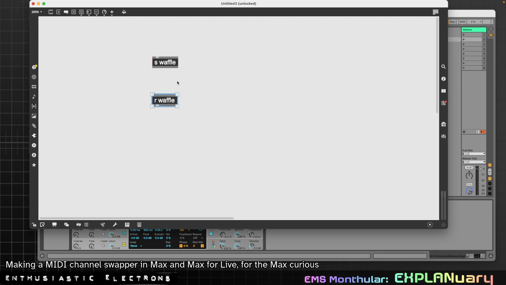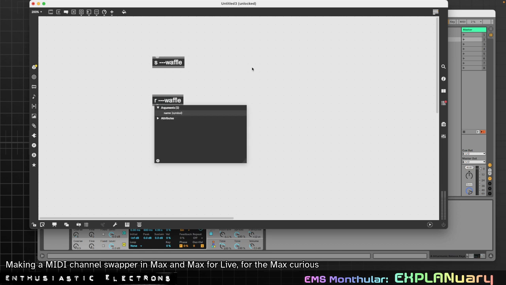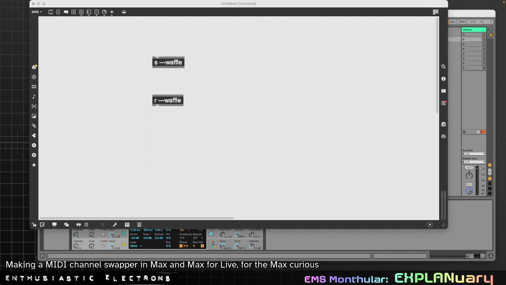If you don't want it sending throughout the entire system and you want to keep this send and receive only within the device, because I had several instruments running the same Max device, and they were interfering with each other because they were using send and receive. This is something I learned: you say dash, dash, dash before the name. Dash, dash, dash. And now it will only send and receive